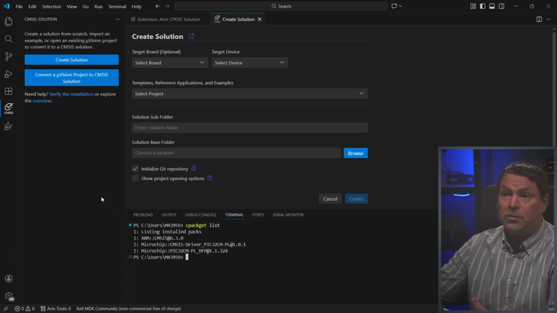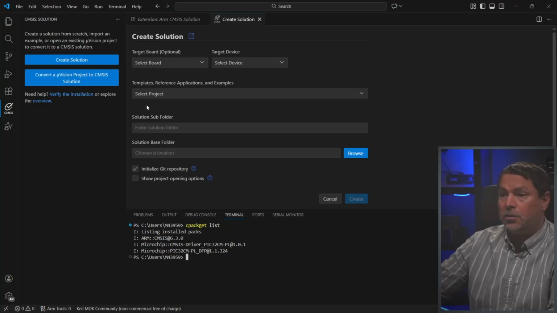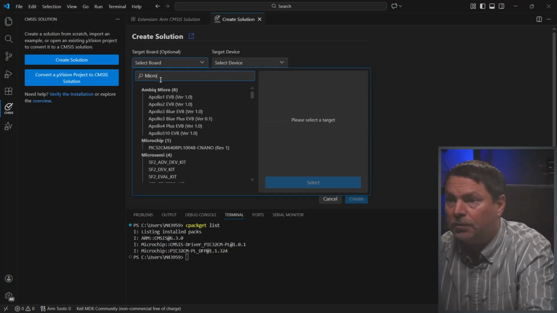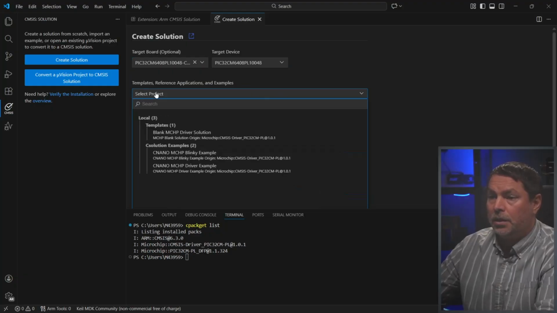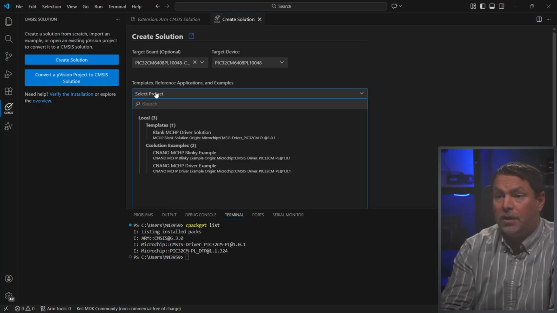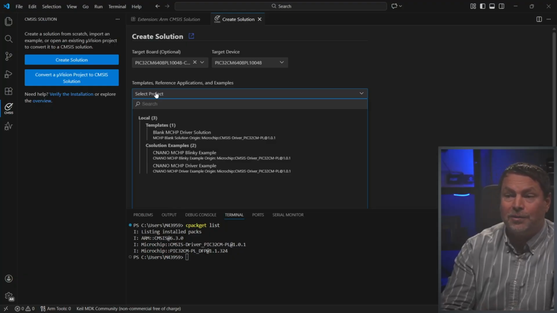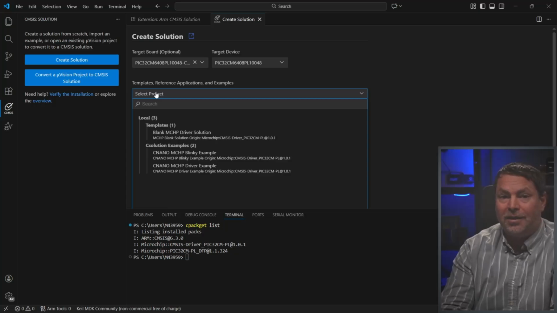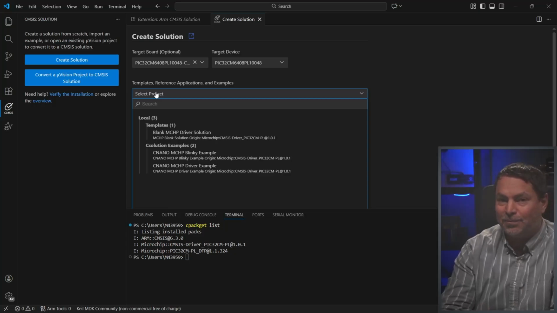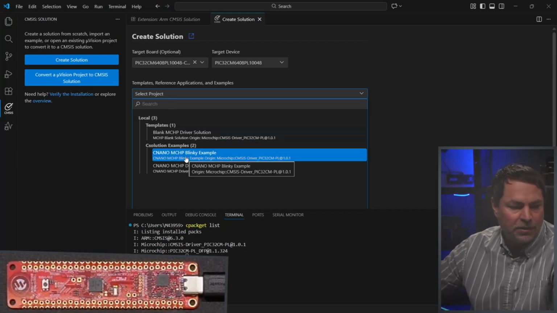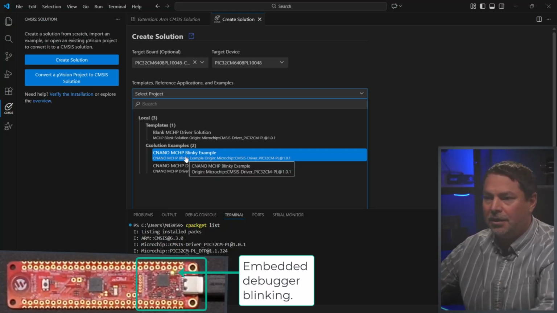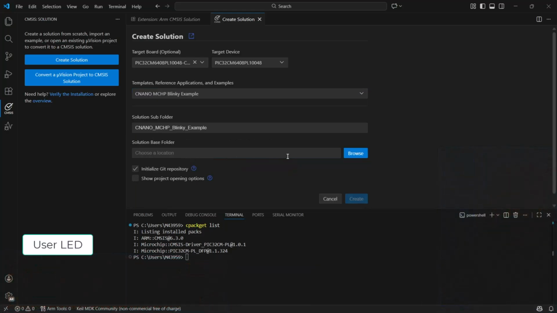And once those were installed, once we restarted VS Code, when searching for Microchip, now example projects are coming up as a possibility. So in this video we're going to use the Blinky example and see how we can verify the frequency using some of the familiar MPLAB extensions. Okay, let's get going. So we're going to choose the CNANO Blinky example for the PL10 Curiosity Nano, and browse